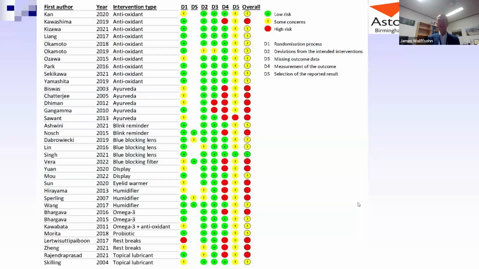You will have seen these. These are bias tables, so these check the design of the study and identify areas where there might be risk of bias. So we don't have any sort of, well, we have maybe one perfect study, but most have some elements where perhaps they could have done a little better. But it does show that we do have a good range of studies looking at some of these topic areas.